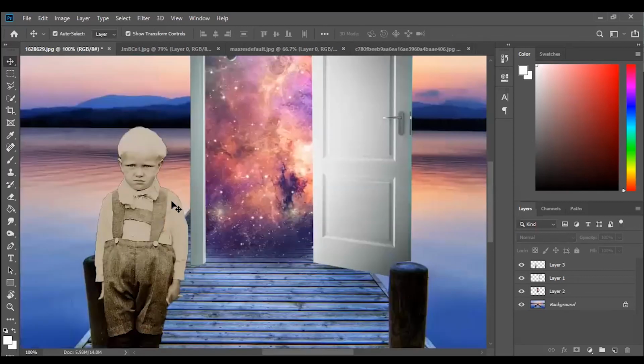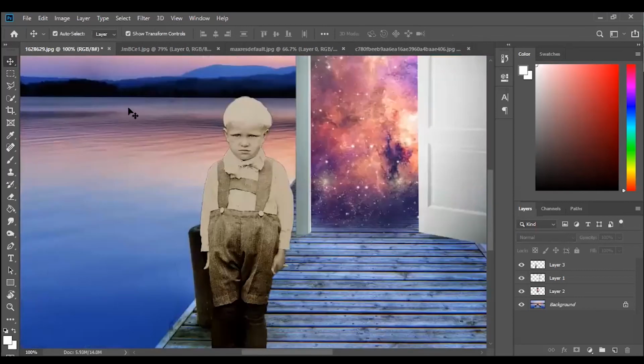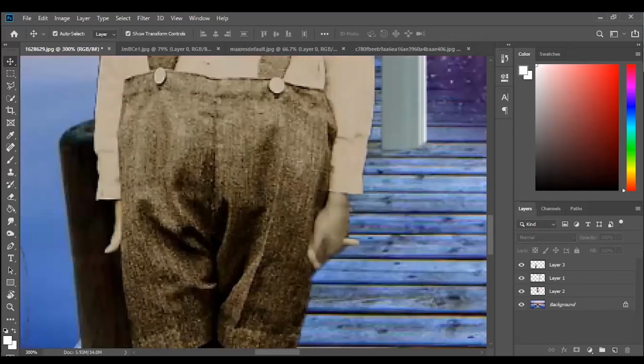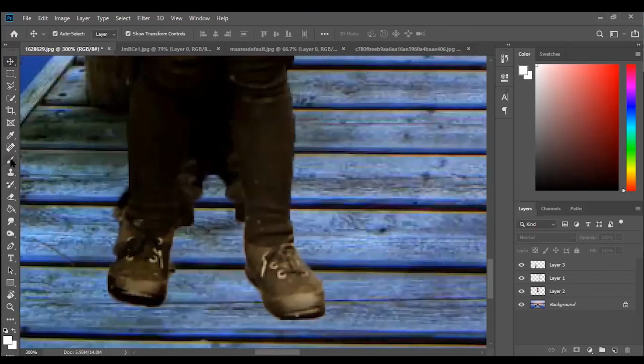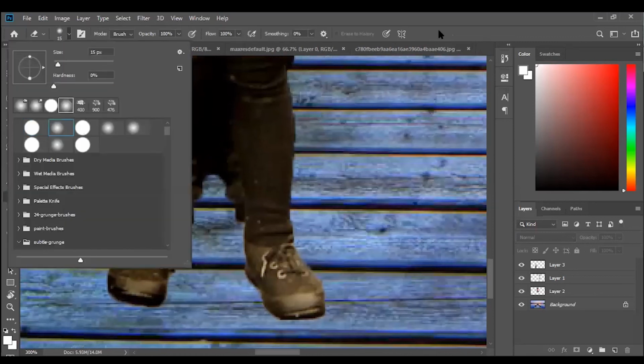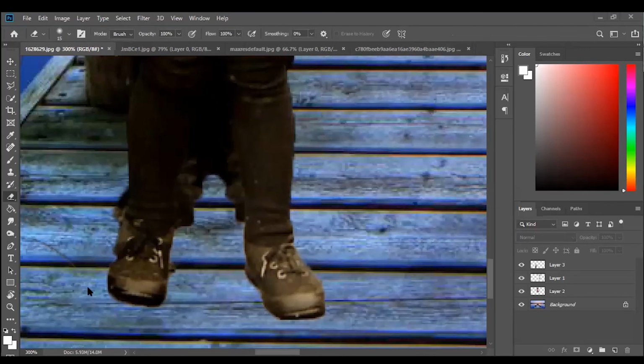Now I've got him in there, and you can see it was a pretty good selection, but there's a little bit of weirdness on the edges. You can do things like this. I could come in with my eraser. The eraser is kind of a key element to this. It really helps you blend things in. So I can take my eraser,